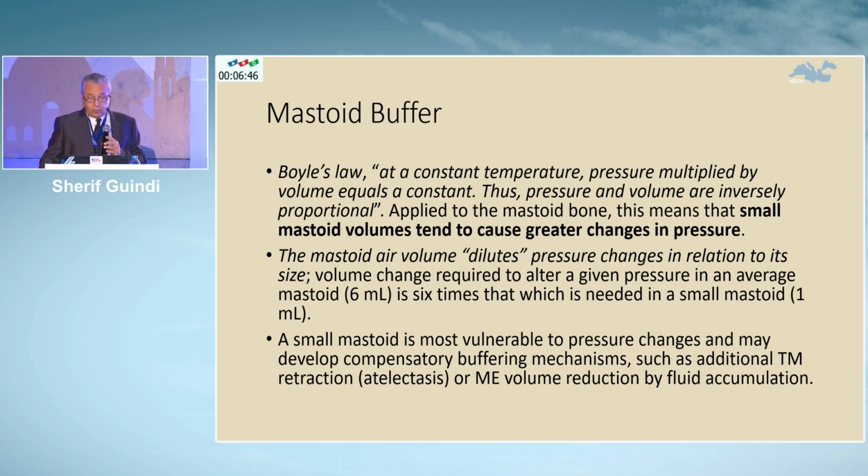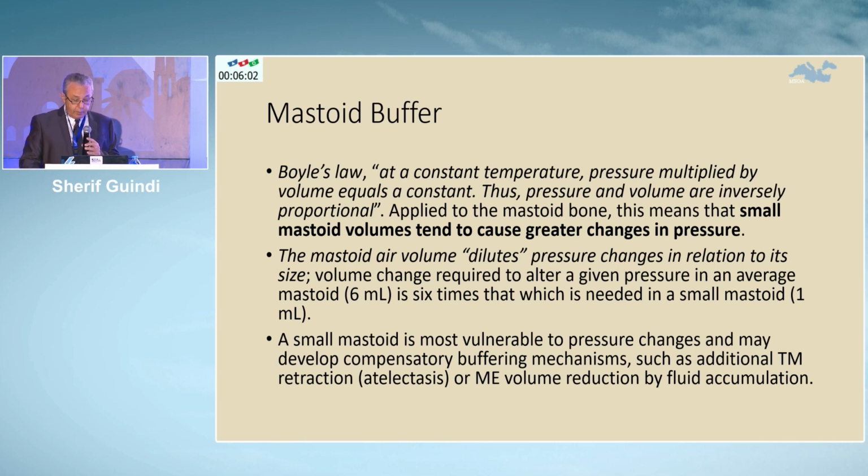Applied to the mastoid bone, this will mean that if we have a smaller mastoid volume, this will tend to cause a greater change in pressure. The smaller mastoid volume will come from either something pathological or sometimes from a genetic or constitutional formation. So the mastoid air volume will dilute the pressure changes in relation to its size. The larger the mastoid air system, the more dilution of pressure changes. It can deal with more pressure changes,